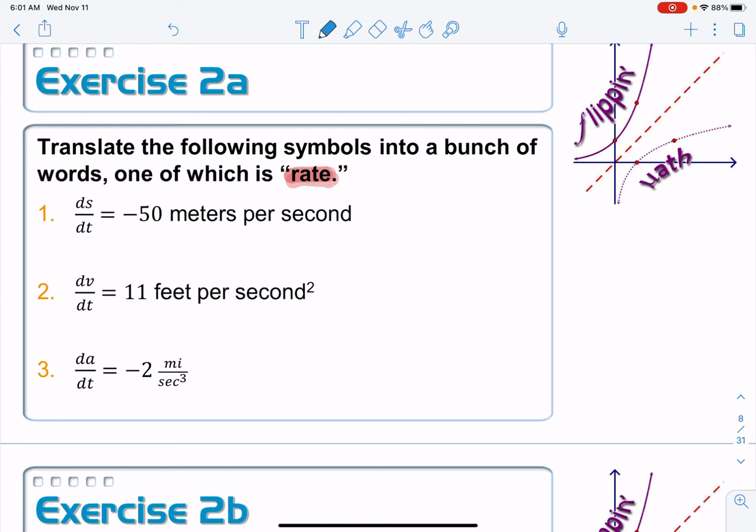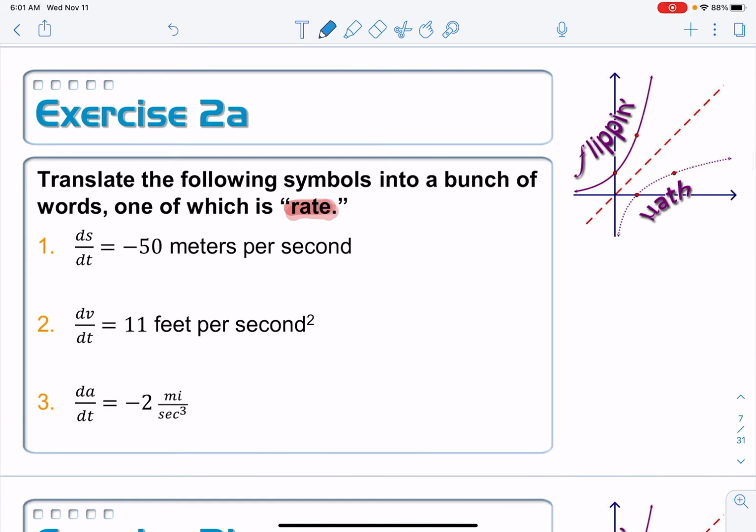Okay, so we have on number 1, ds/dt is equal to negative 50 meters per second. ds, what do you suppose s is? And it is in meters here. So I think s is talking about, well, look at the stuff that's underneath it. You got a dV/dt and a dA/dt. I think this is position. It's distance here. So I'm going to say the distance, who knows what it is? Maybe it's a particle or something. The distance